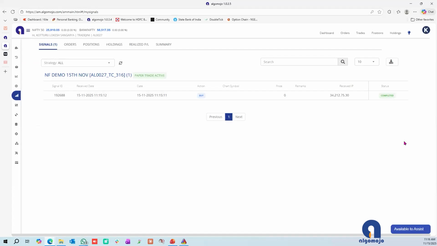Yeah, if you have any strategy that you have already got coded in and running in TradingView, you can automate it. Or if you have any idea that you want to trade, or you want to get it coded and run it in TradingView, we can help you do that coding also. We take up that coding requirement for clients. So all you have to do is send an email with your complete requirement. We will look at